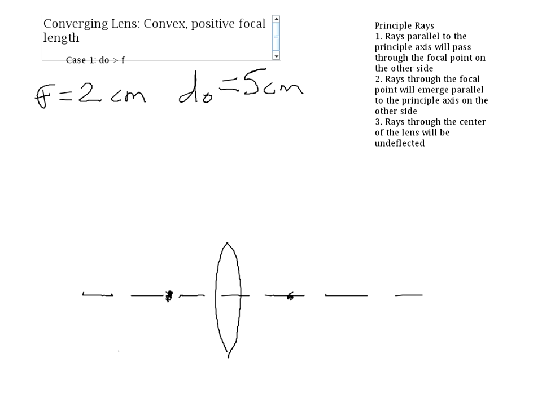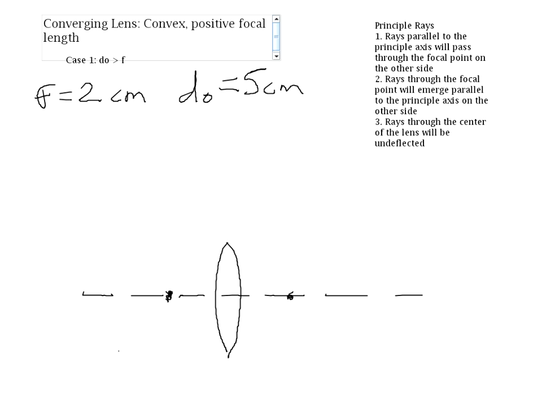This is an example lesson showing how to find the image location and image qualities of a converging lens. That would be a convex lens, or one that has a positive focal length. I'll show you how to do it algebraically using the lens equation and also how to draw the ray diagram